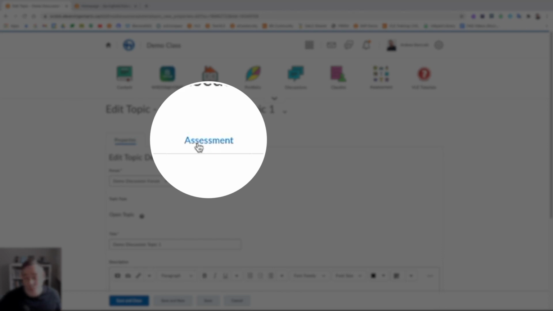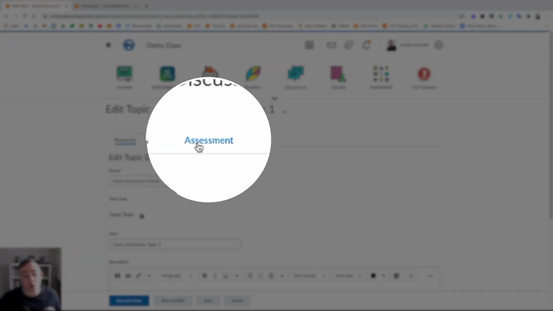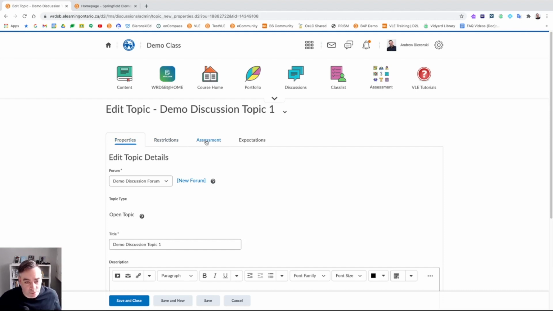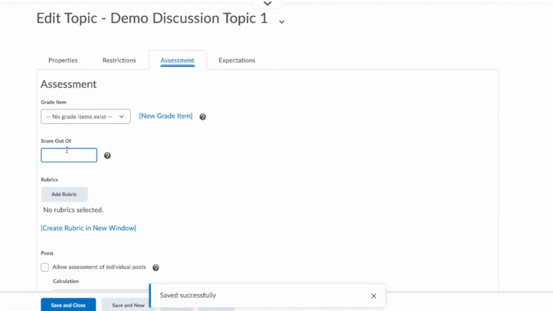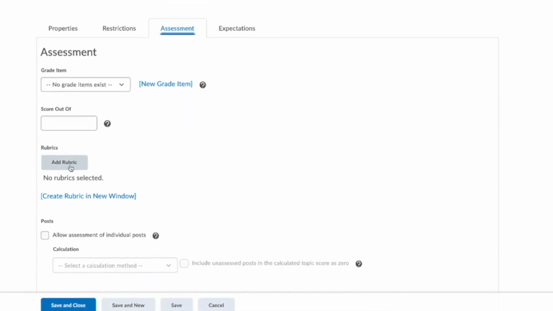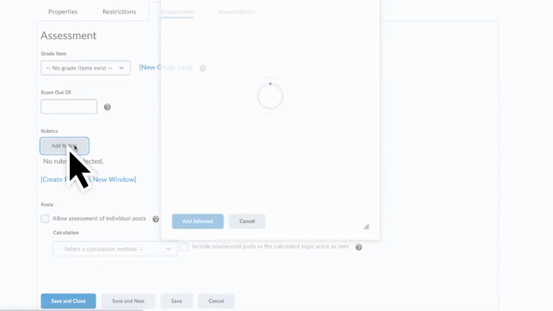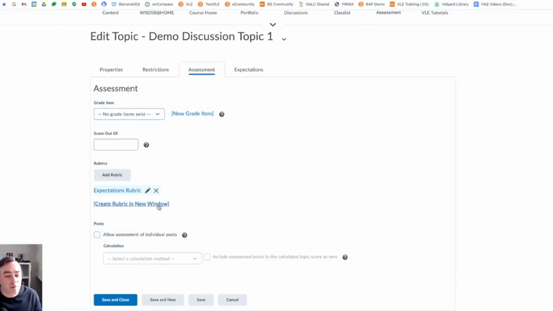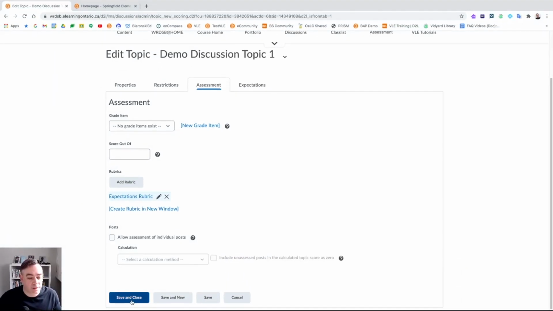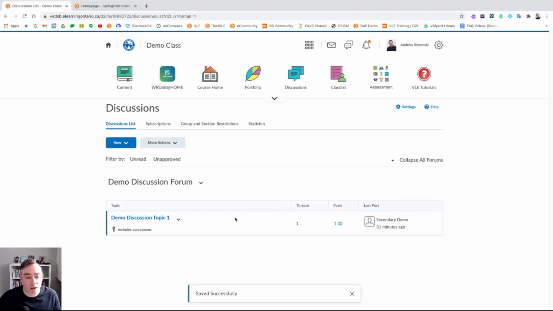Now, you also will have this when you go and create a new topic for students to share. You can click on assessment. It's not there by default, but again, I can see I can attach a grade item to this, I can score it, or I can add a rubric here. Now I'm going to go and add rubric again and choose my expectations rubric and add this in. Now I've got that rubric attached. I'm going to click save and close. And then you can see now it includes an assessment. I've got this new post. So if I click on it